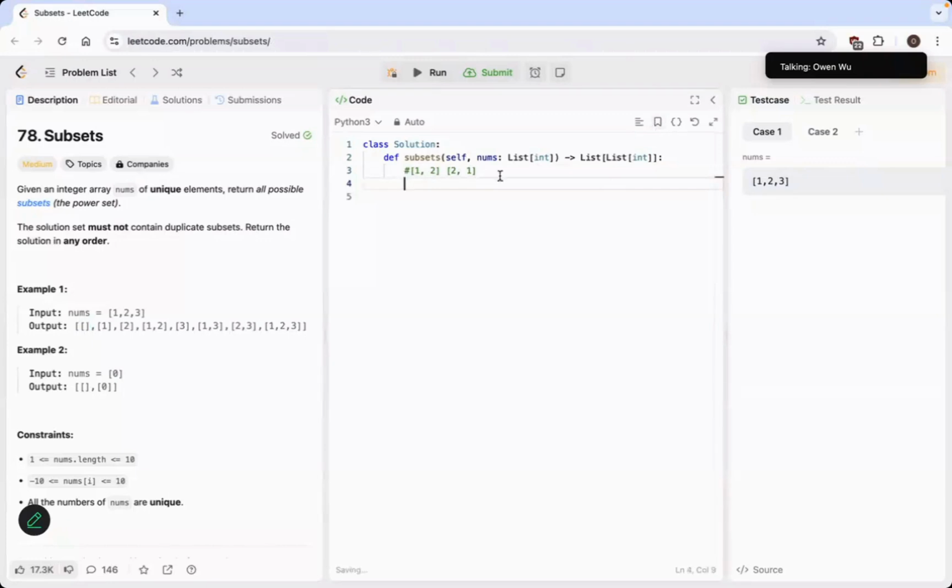So first of all, obviously the output is going to be a list, so I'm going to have results. Well, I have one question. How to